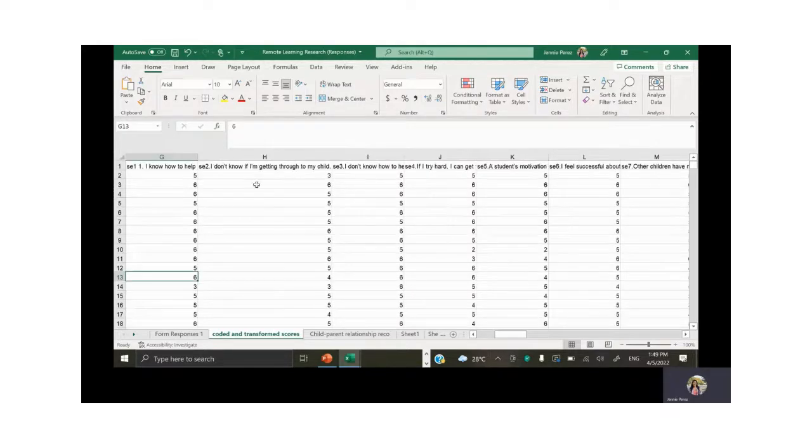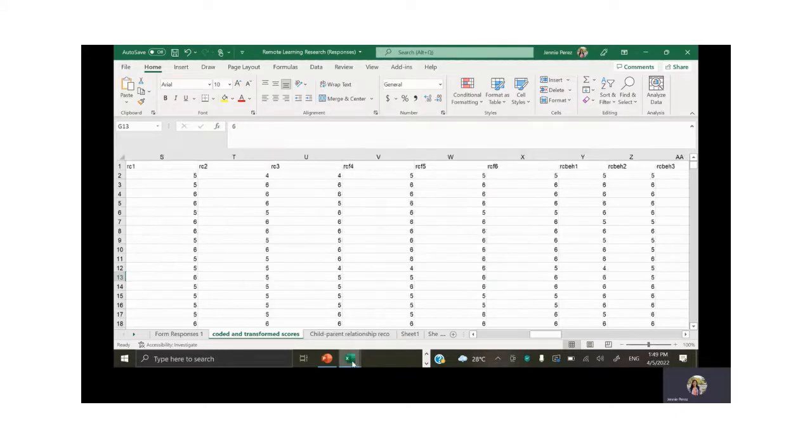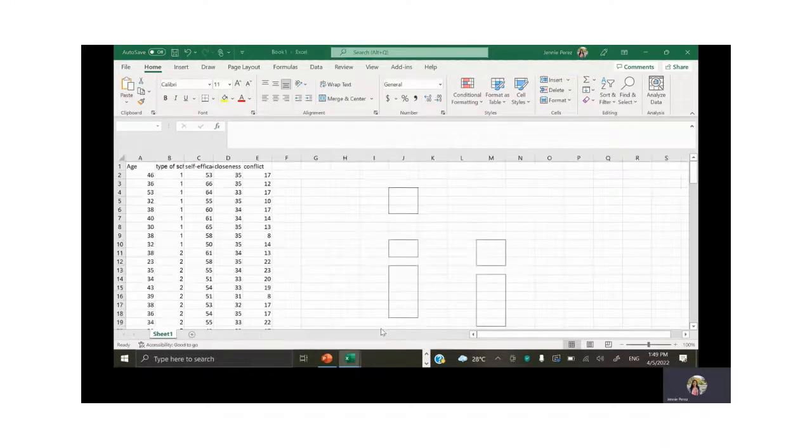Okay. Now for this one, for the specific items in the scales that I used, I had to recode them. So for our convenience, I just copied a portion of the variables that I wanted to show you for us to compute for descriptive statistics. So this is now our data set, and there is a need for us to present this